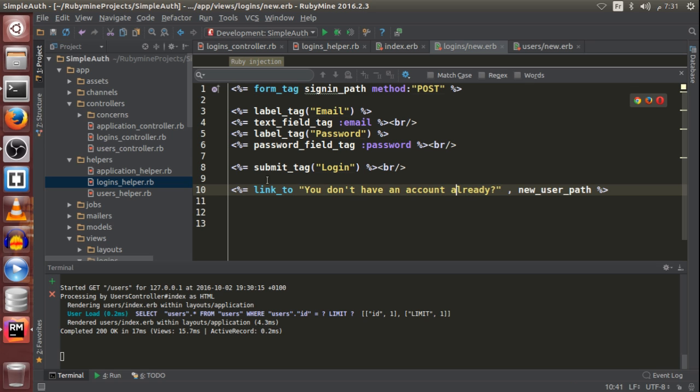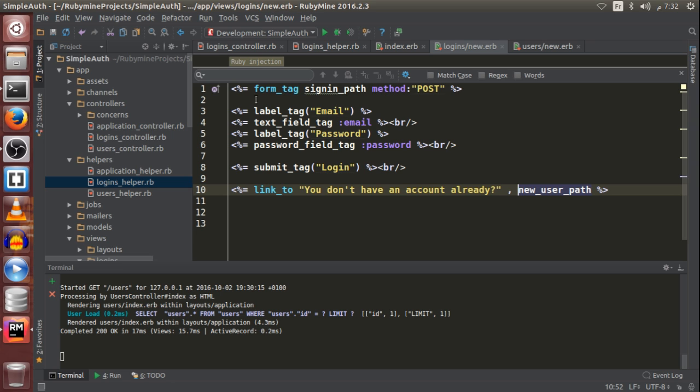So when I open my view, I will find a link which displays this text, you don't have an account already. And the second parameter is the new user path, which is a RESTful route that will take me to the new view that will allow me to create a new user